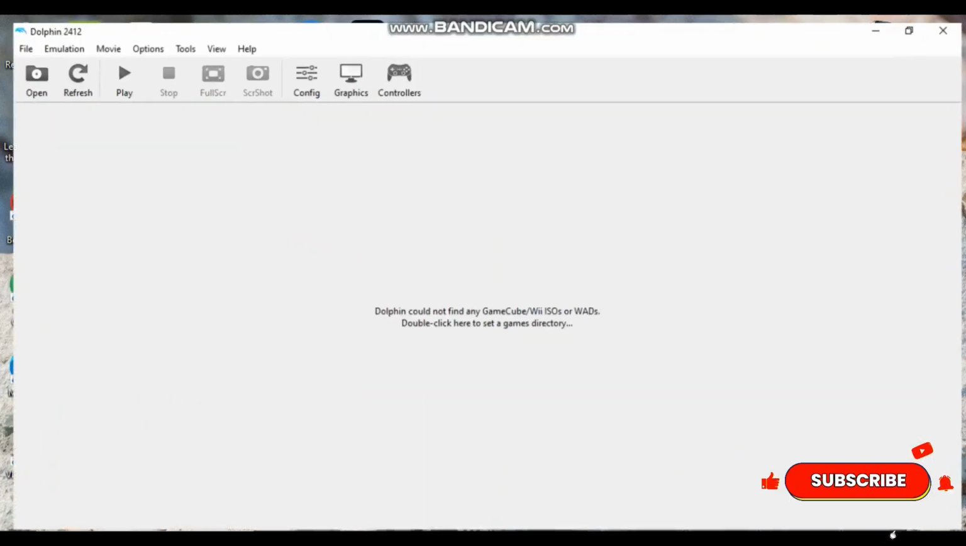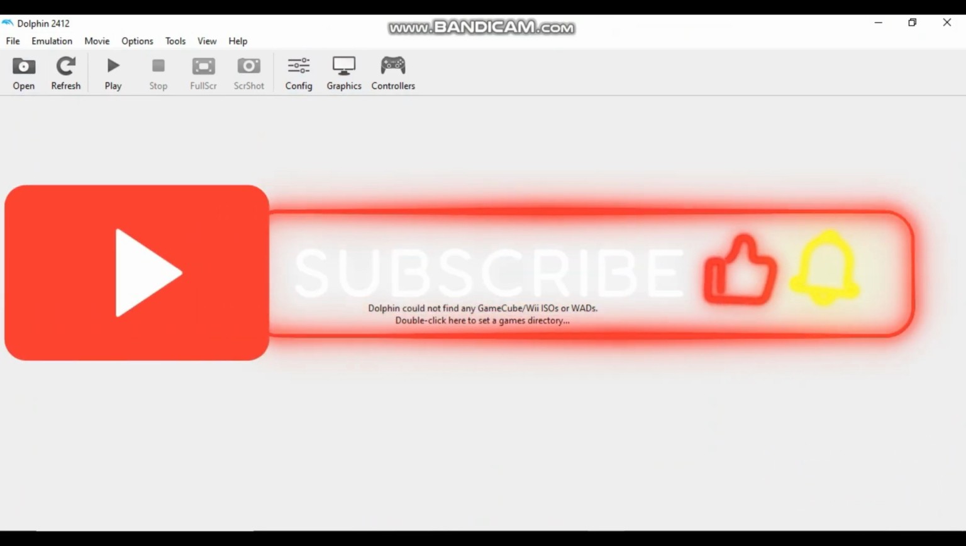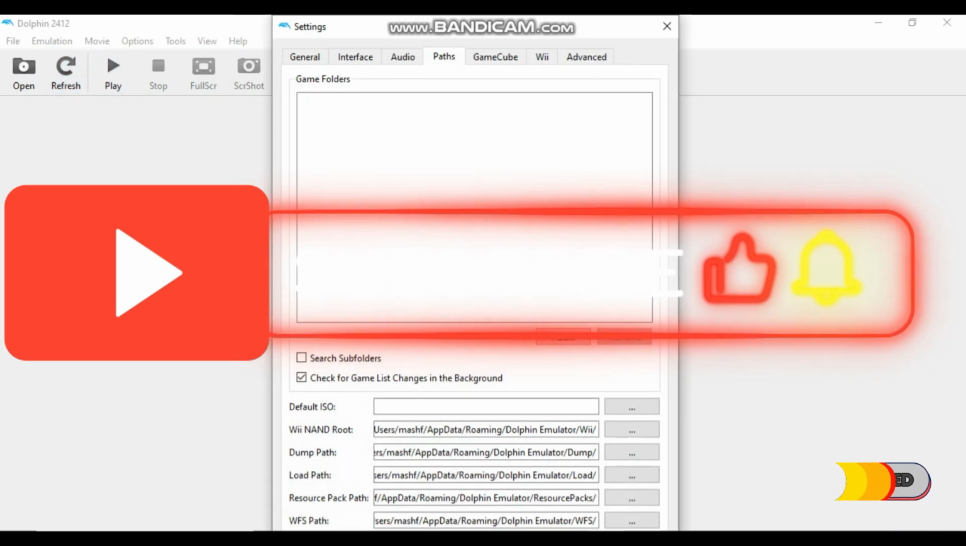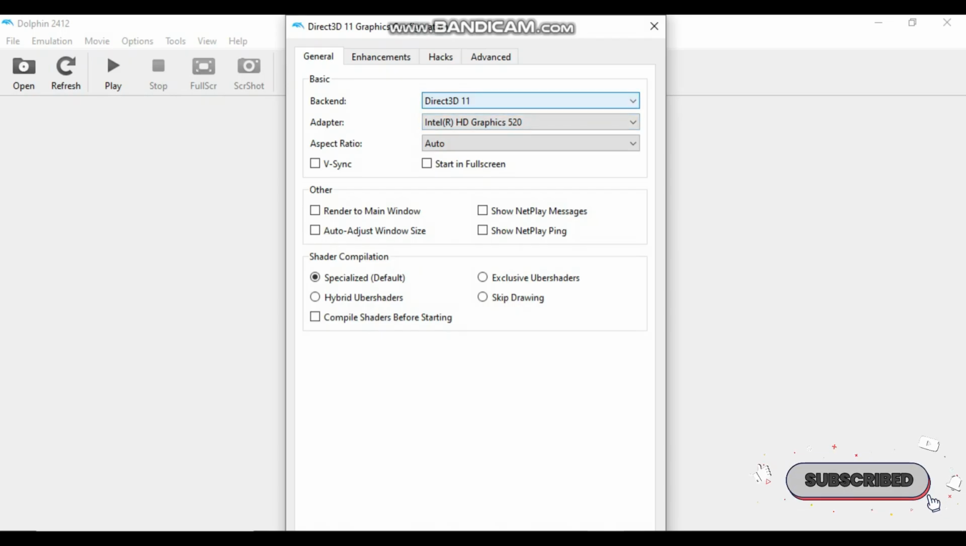Hey guys, in this video I'm going to show you how to use Dolphin Emulator and how to add the game in PC. For that, open the app and you can see on the top there are a lot of options, like configure and graphics. From there you can